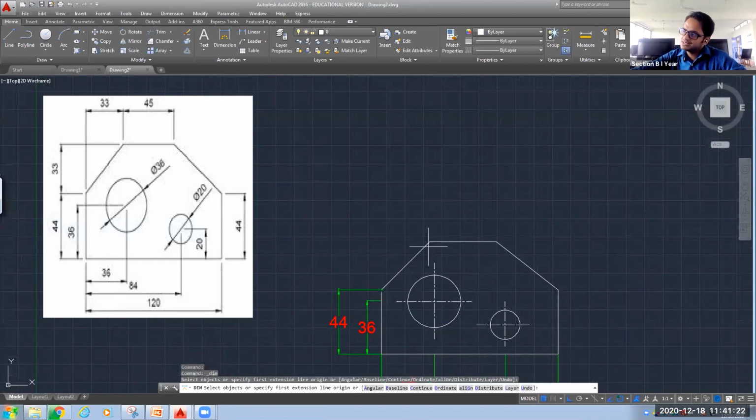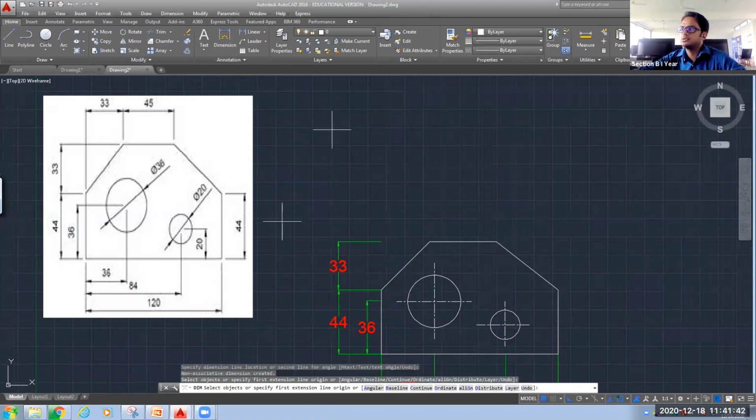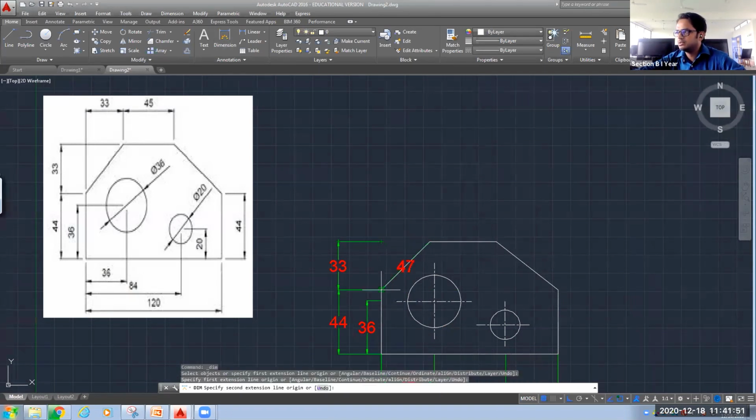So here you can give this inclined dimension also. Okay, there are 2 methods. Select this corner point, select this corner point, and we know that this is 33. So the way it is written there in the figure, I have drawn this 33. In the similar way, for this above 33, you can click on this corner point, and again on this corner point, you will get 33.